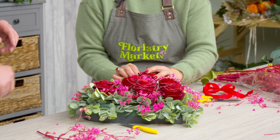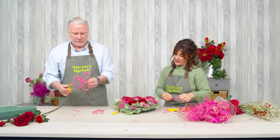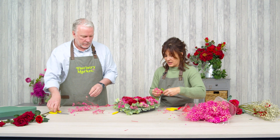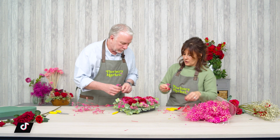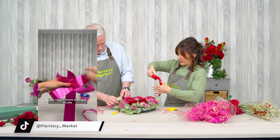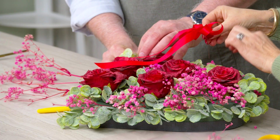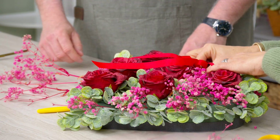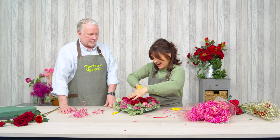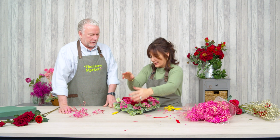This is very delicate, isn't it? Yeah, it's really pretty, isn't it? It just adds a little bit of something to it. And then we've got a bow that I've already made. You've got a whole tutorial on a bow, but I've made a bow with a bit of satin ribbon. I'm just going to put that in at the top where I've tied it. I'm going to just trim that so it's not too long. And yeah, I could keep filling that in and making it more full, but so yeah,